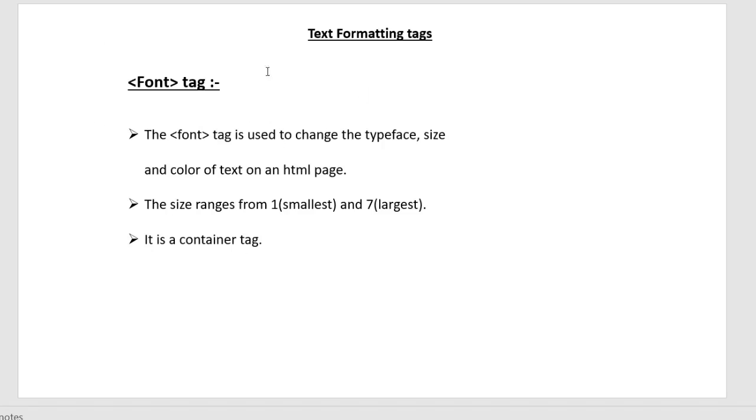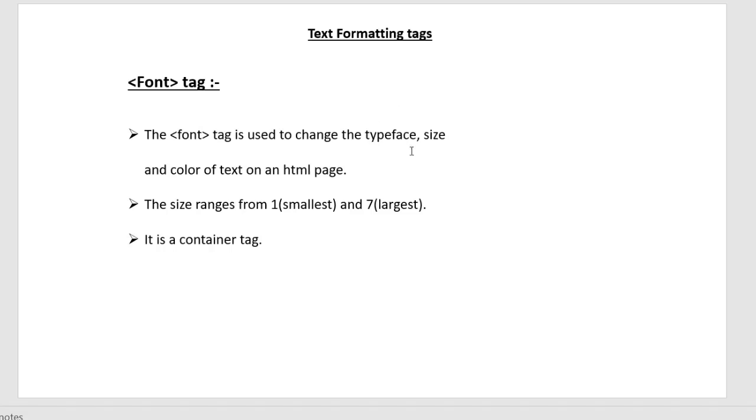So first we are discussing the font tag. What do you mean by the font tag? Font tag is used to change the font size, font color and font languages, typeface. You can say face, to change the face of a web document, to change the face of text. The font tag is used to change the typeface. What do you mean by the typeface? You can use many typefaces, for example, Arial, Times New Roman, Thoma, Hindi, Kundli. So many fonts are there, and these fonts are called typeface.